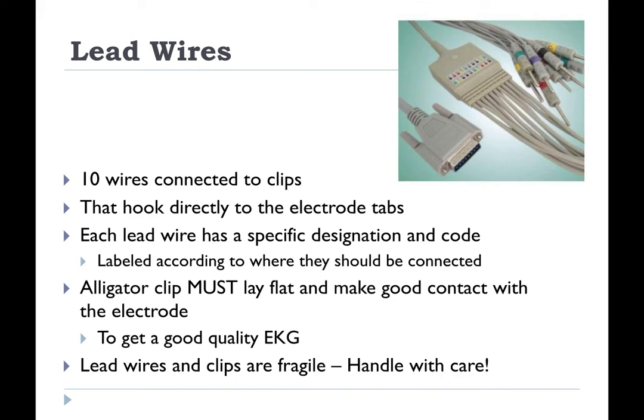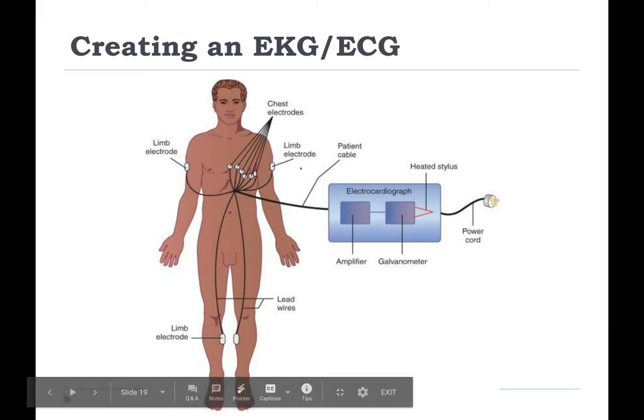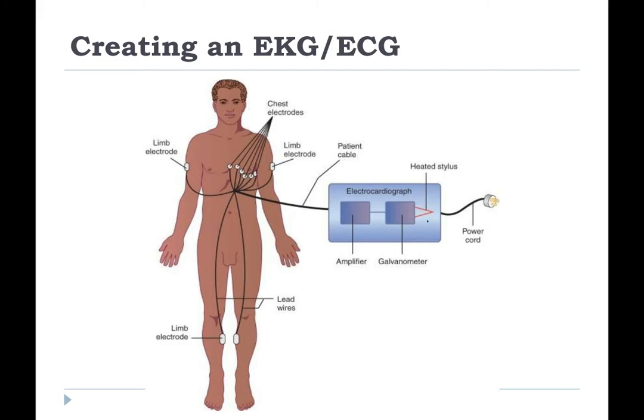We have alligator clips and we have banana clips in the lab. So hopefully you get a chance to use both. The alligator clip must lay flat and make good contact with the electrode to get a good quality EKG. Lead wires and clips are fragile, so you want to handle with care. So creating an EKG: you've got your electrodes, your lead wires, the cable connecting to the electrocardiograph with an amplifier